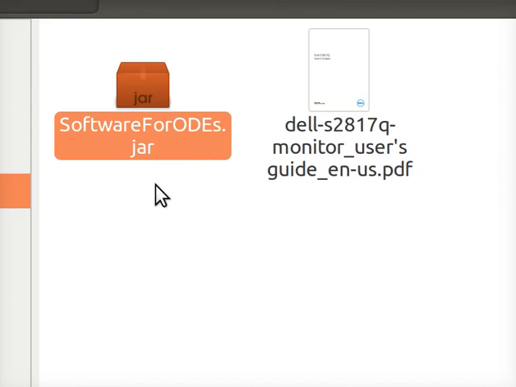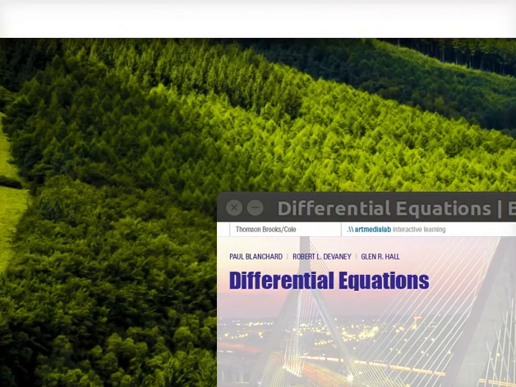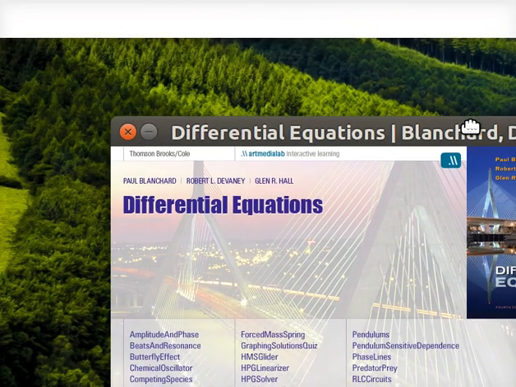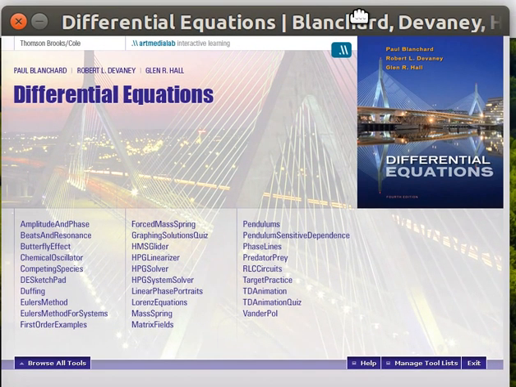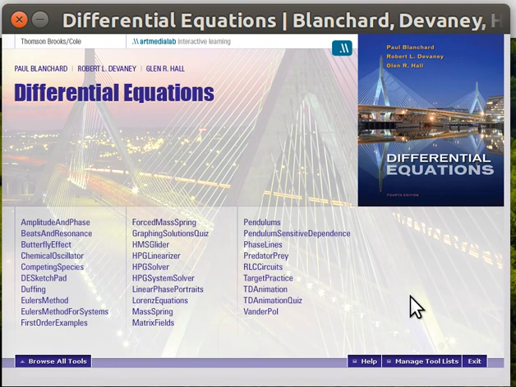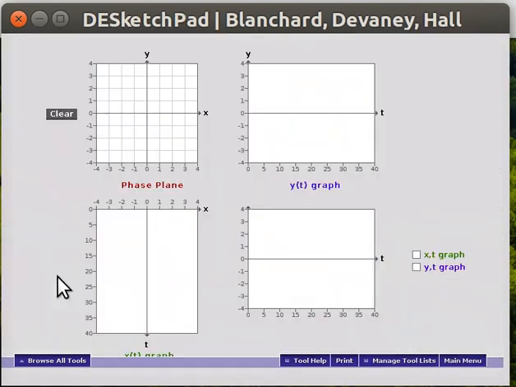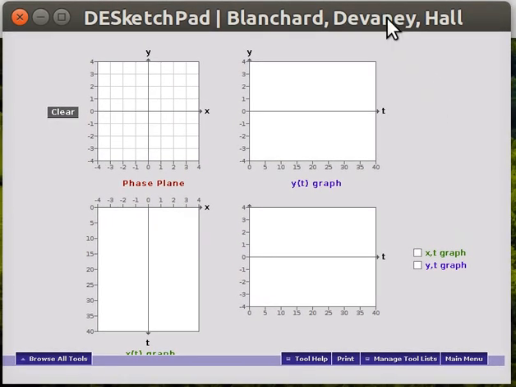So I've downloaded this onto my computer, and when I ran it, this is the splash screen or the main screen that comes up, main menu. And we're not going to use a lot of this, but some of this is kind of handy. The DE Sketchpad is what I wanted to show you today, and the reason is because when you talk about